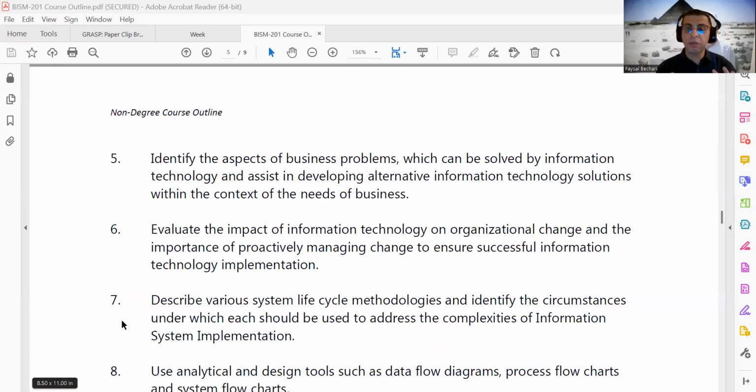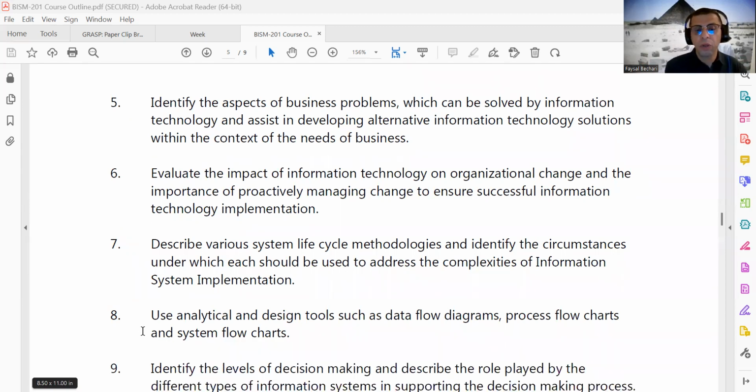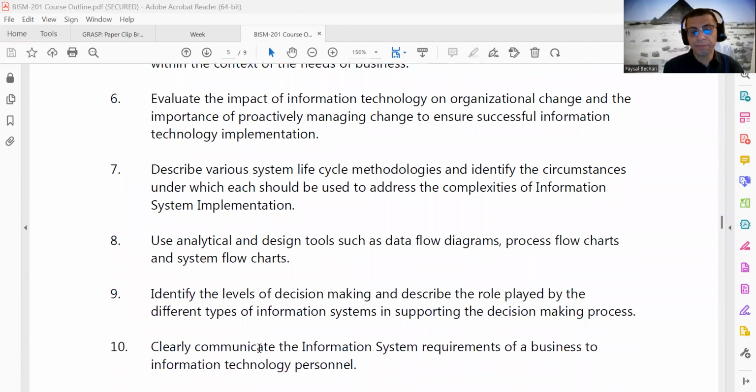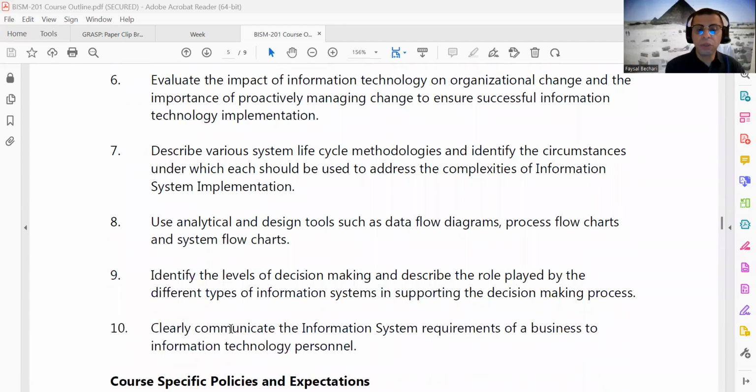We know there are a lot of implementation failures, so we will talk about how to mitigate the risk and minimize the chance of failing. Use analytical and design tools such as data flow diagrams, process flow charts, and system flow charts. We also clearly communicate the information system requirements of a business to information technology